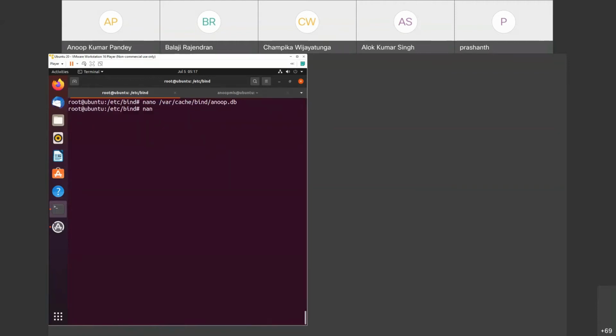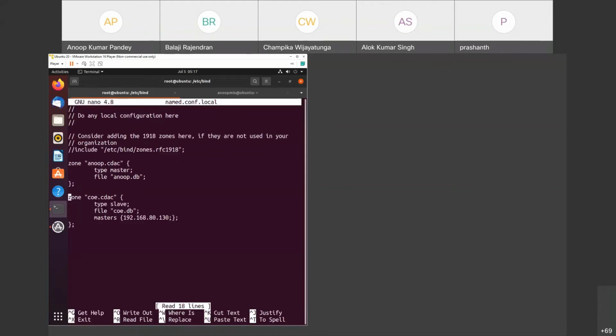And now we'll go to the file where we create our new zone. So nano named.conf.local. Now here, how do I create a new reverse zone?